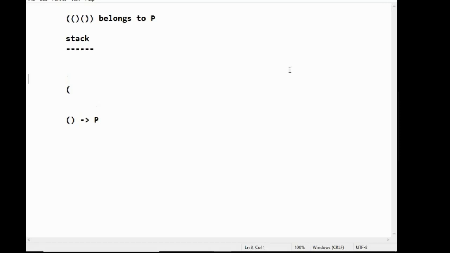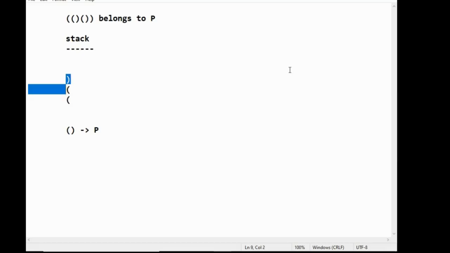Next, you read the next character, that is bracket open. Next character, bracket close. Whenever the bracket close appears, the condition is to pop two elements from the stack. This is the first element, and this is the second element.